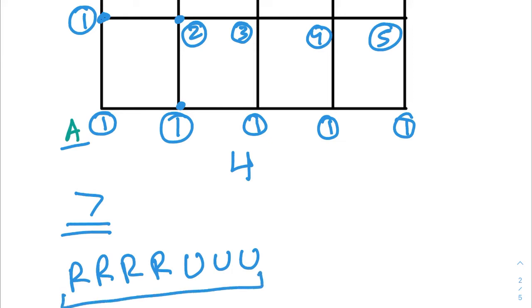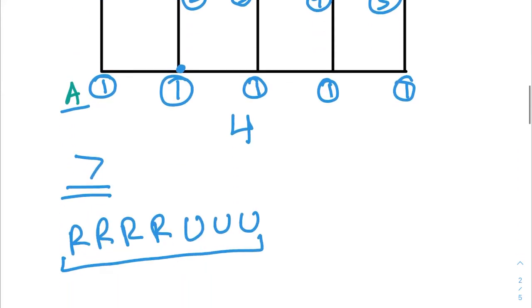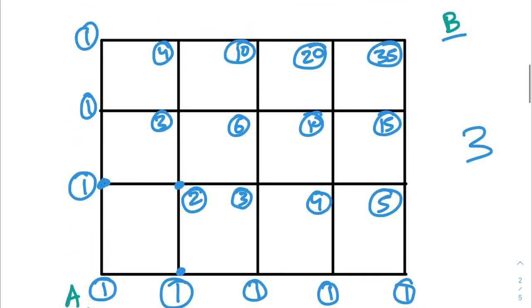And that's basically asking how many different arrangements of 4 R's, so 4 rights, and 3 ups, are there so we can go from A to B, since you have to go 3 up and 4 right to get to B. And this is just equal to 7 choose 3 because all the rights are the same and all the ups are the same. And this is just equal to 35, which as we can see is the same as the